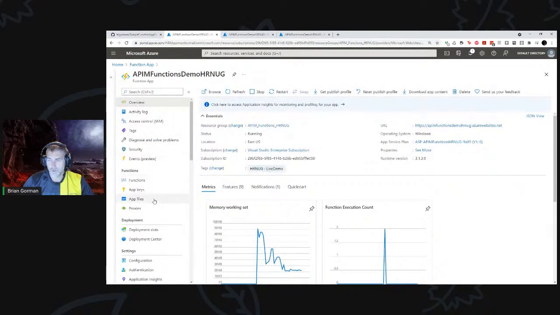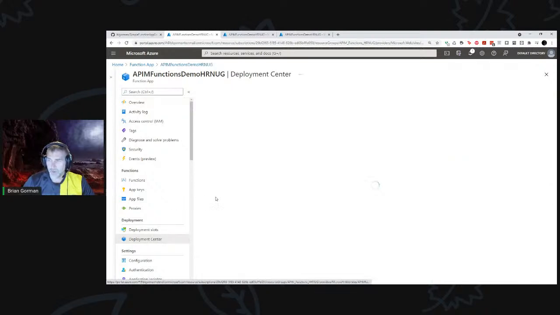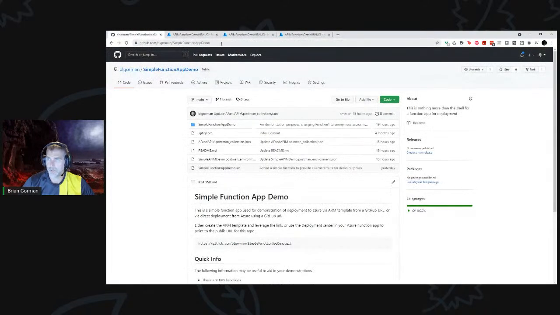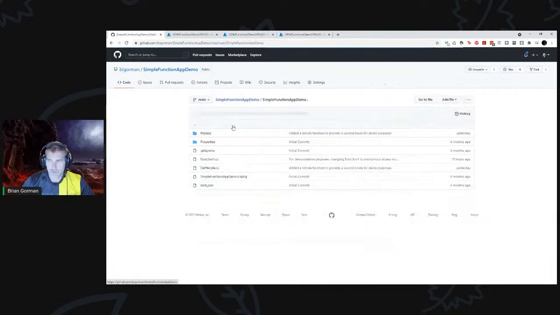And then just to show you a little bit more about that, to make this very easy, I just use a public repo to deploy it. And so you could actually do that as well. The Git repo is B.O. Gorman Simple Function App Demo. It's not much. It has 2 functions in it, a function 1 and a get people, so that we can